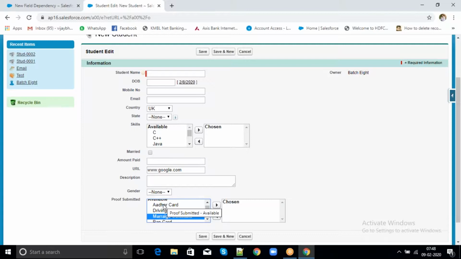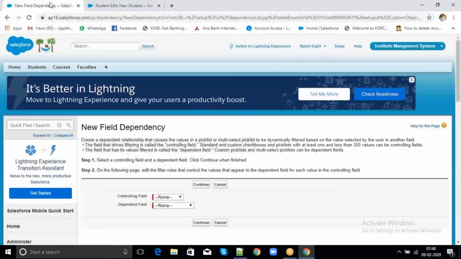Otherwise, you should submit Aadhaar card, driving license, PAN card or voter card. Now here my controlling field will be married, checkbox. Dependent field will be proof submitted, multi-pick list. Earlier, both were pick list only.